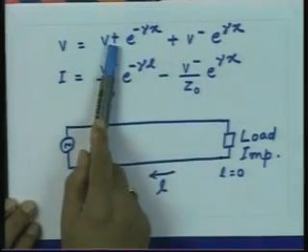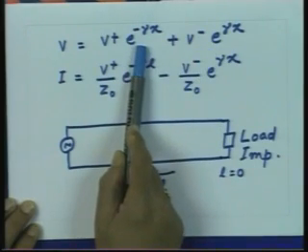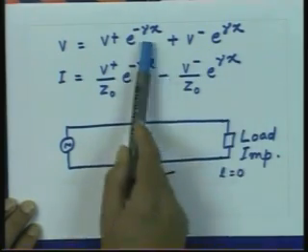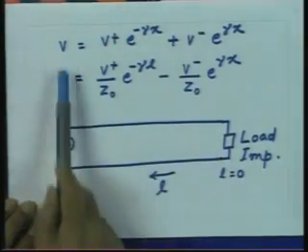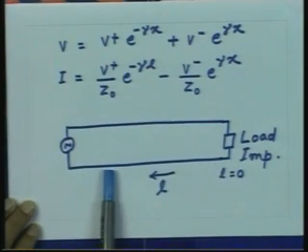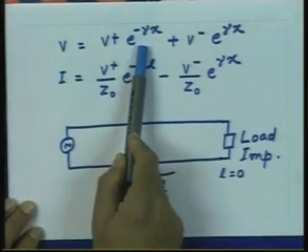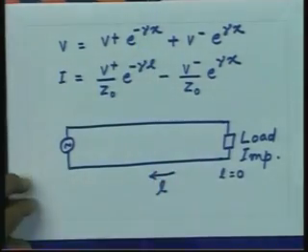This represents the forward travelling wave, this represents the backward travelling wave, and now we will replace this quantity gamma by j beta, the x will be replaced by minus L. So, we will have the voltage and current now as a function of distance on the transmission line, and gamma will be replaced by j beta, and Z0 now is a real quantity. So, we can write explicitly the voltage and current on a lossless transmission line as,